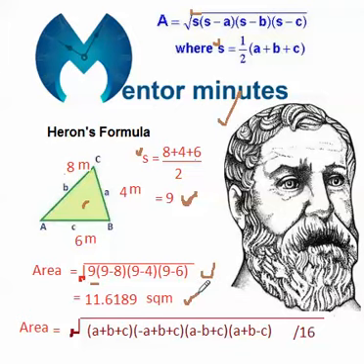is 11.6189 square meter. Sometimes I choose another formula to find the area of a triangle, because if I get a decimal number as the value of S, then it is difficult for me to calculate this root. This is the square root; to get decimals, then multiply decimal with decimal, and then again we have to find the square root of a decimal. So this is a little bit painful sometimes